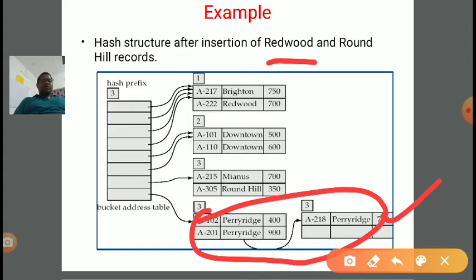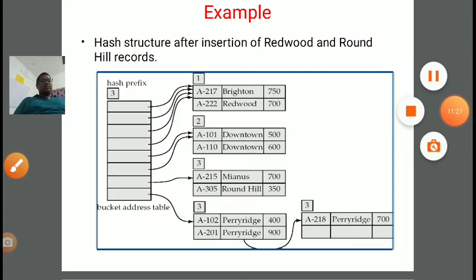So A-217 Brighton 750 is the first entry in bucket 1, and A-222 Redwood 700 is also in bucket 1. Then at 2, A-101 Downtown 500 and A-110 Downtown 600. At 3, A-215 Mianus 700 and A-305 Round Hill 350. That's all for the extendable hash structure.